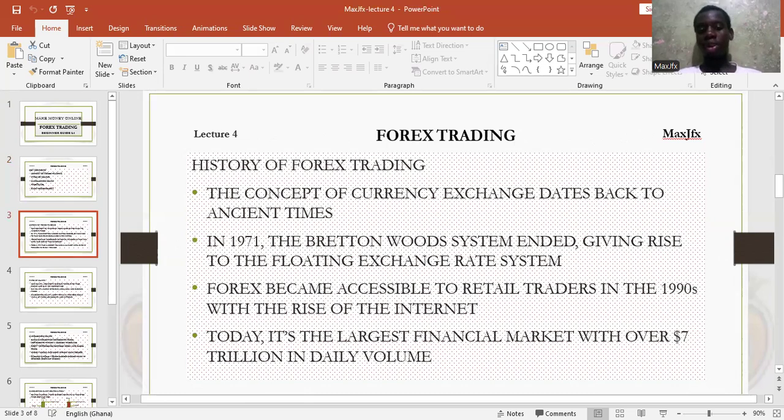The concept of currency exchange dates back to ancient times. In 1971, the Bretton Woods system ended, giving rise to the floating exchange rate system. Forex became accessible to retail traders in the 1990s with the rise of the internet. Today it is the largest financial market with over 7 trillion in daily volume. So basically, this talks about